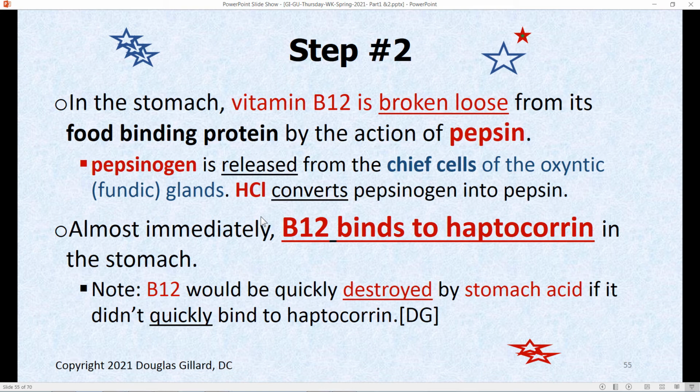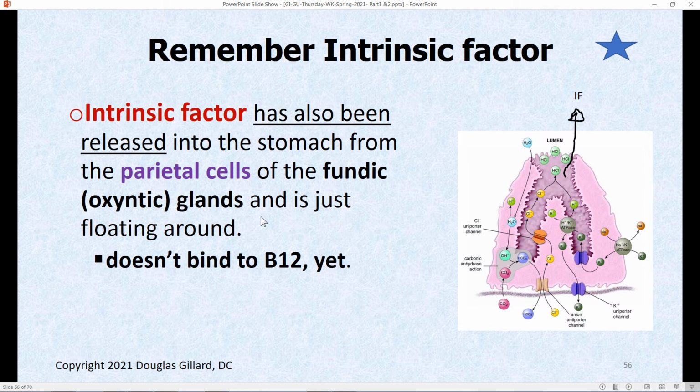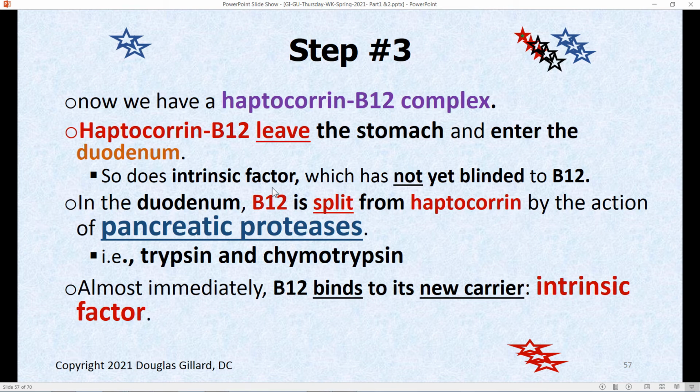But as long as haptocorrin is working, B12 binds to haptocorrin, and the two are safe. Haptocorrin will protect B12 from acid, and it'll be pumped out of the stomach. So out of the stomach goes haptocorrin and B12. And remember, intrinsic factor is also released. It's driven just by the same things that drive the release of acid. So it's definitely around. All right, so now we're out of the stomach and we're in the duodenum,